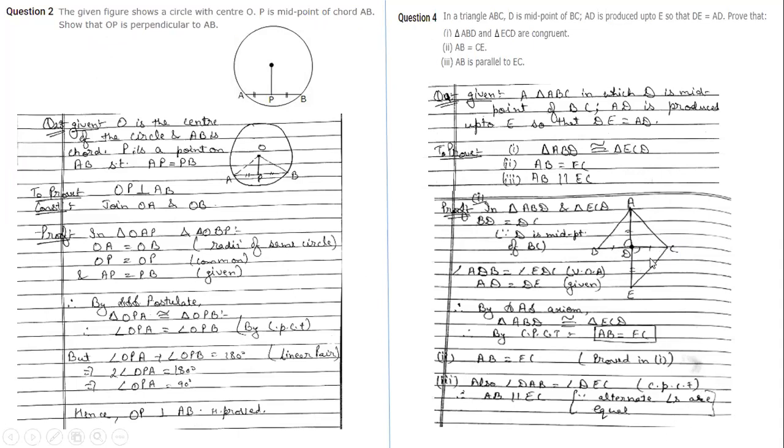And come to these two triangles. As we have proved that these two triangles are congruent, that means angle DAB is equal to angle DEC. But this DEC and DAB are the alternate angles. When are they alternate angles? When this AB and EC are parallel. Because we have proved that angle DAB is equal to angle DEC by CPCTC, so these two lines are parallel, and the reason we can write is because alternate angles are equal, therefore we can say that these two lines are parallel.